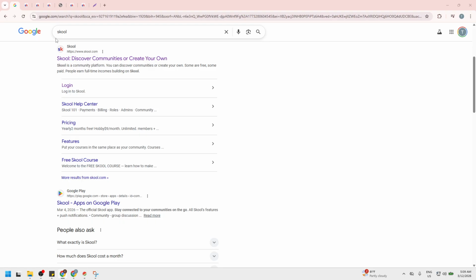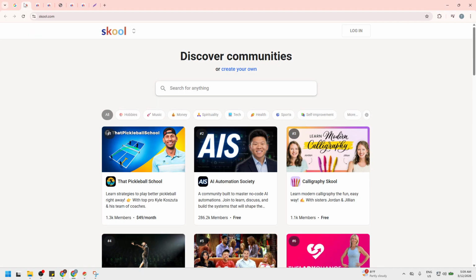feel confident doing it. Start by opening your web browser and searching for Skool. Click the official Skool website from the results. If you manage a community regularly, consider bookmarking the page so you can get back to it quickly in the future. Once you're on the site, go ahead and log in with the account that has the right permissions for